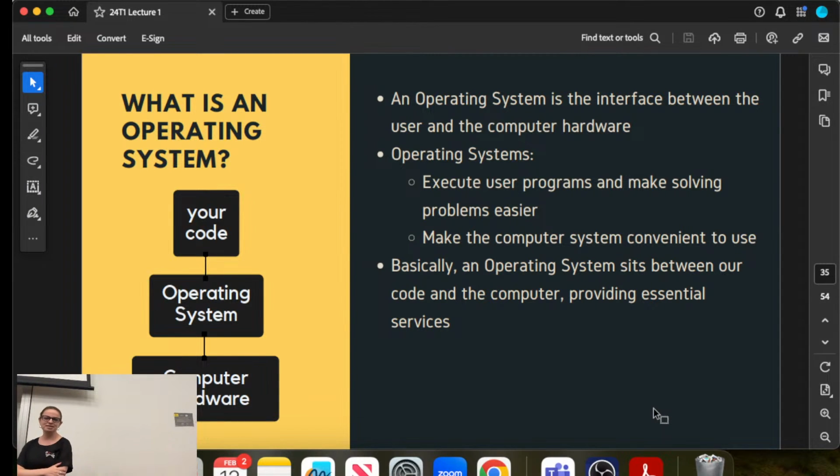into our interface. So the operating system is basically the interface between you and the computer hardware, and it will execute the programs. It will make solving problems easier, and it's basically the thing that sits between the code and the computer. So we don't really care much about